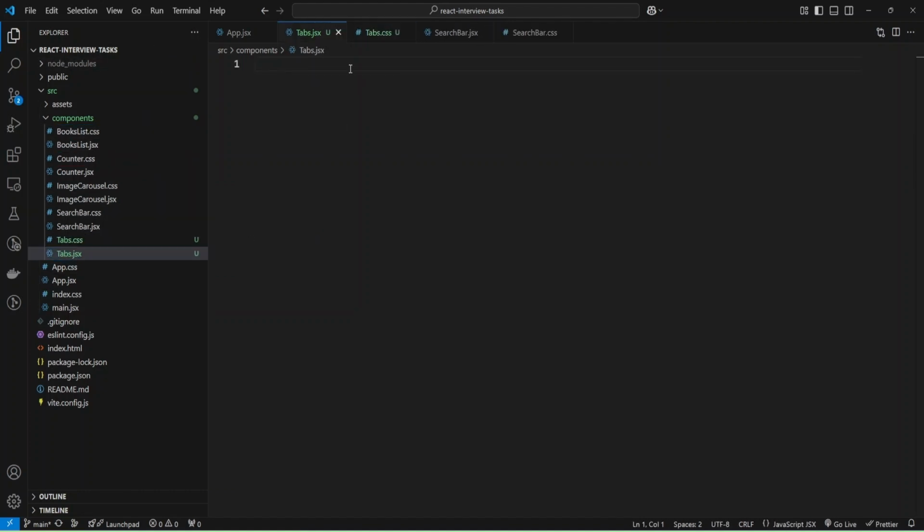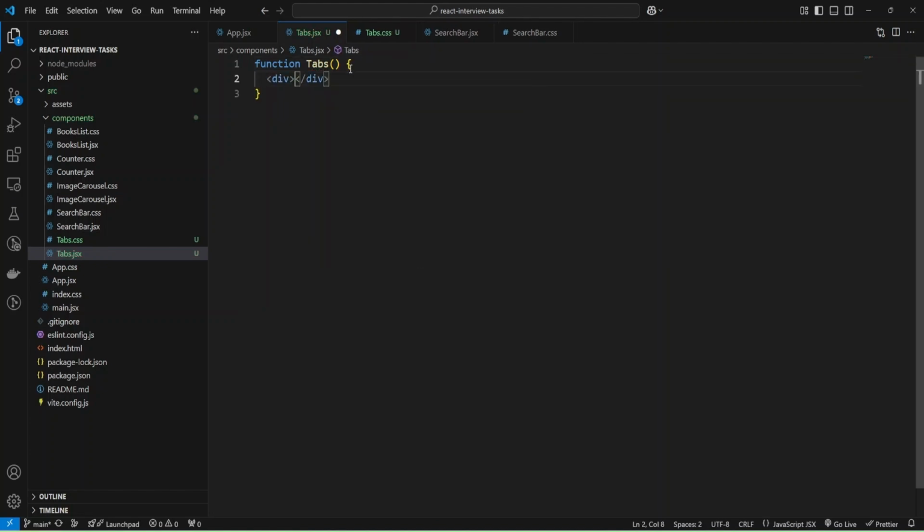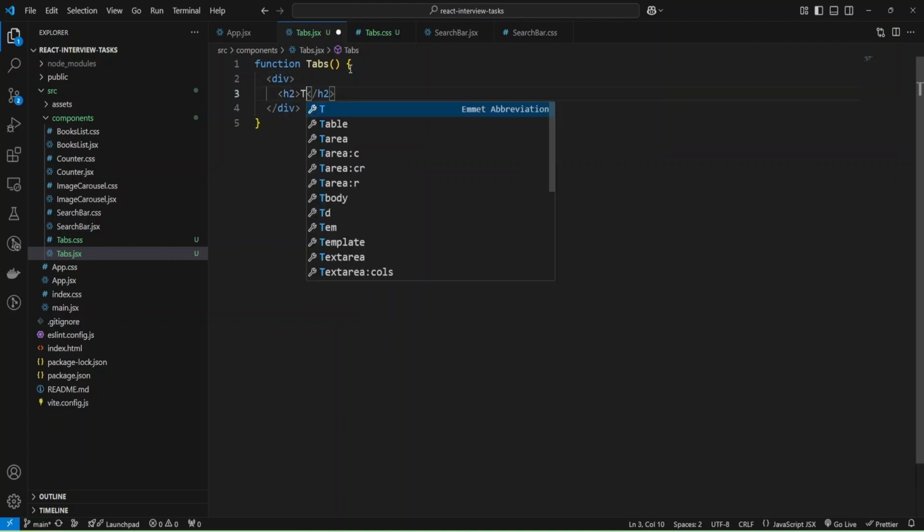Okay, and now I can create a functional component, function Tabs, and return some JSX. Let me create a container, and inside the container I'm going to provide an h2 tag, and let's add Tabs.